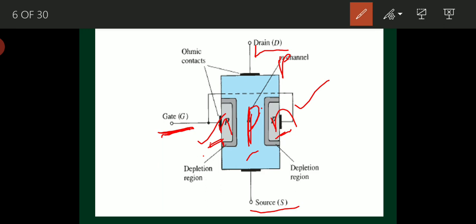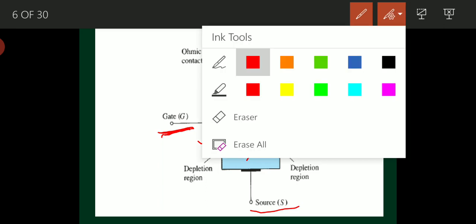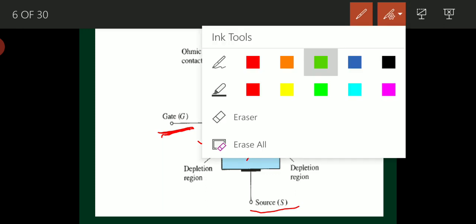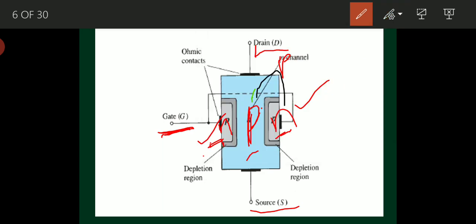So the holes will diffuse from the p-type layer to the n-type material.